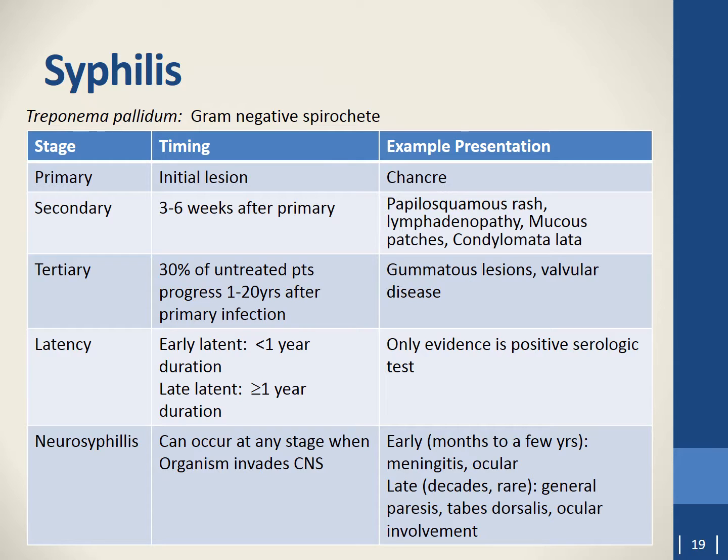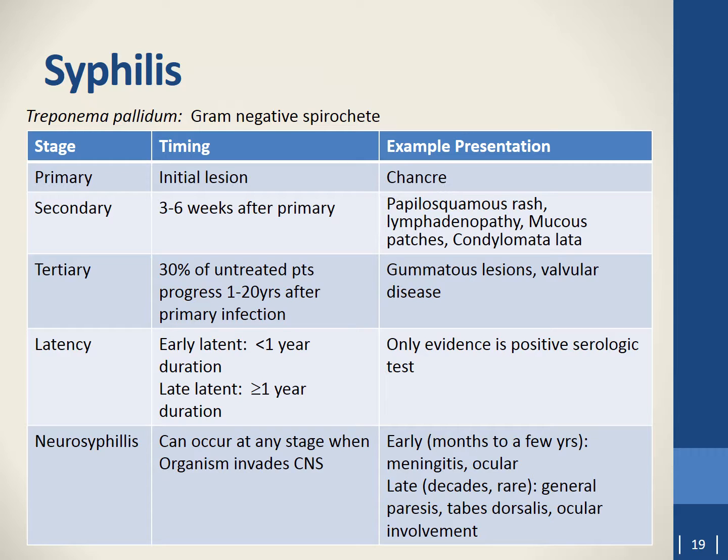Latency occurs when this organism isn't manifesting a clinical disease, but the only evidence is a positive serologic test. We classify these patients as early latent if it's less than 1 year, or late latent if it's over 1 year duration. And then finally, there's neurosyphilis, which can occur at any stage of infection if the organism invades the